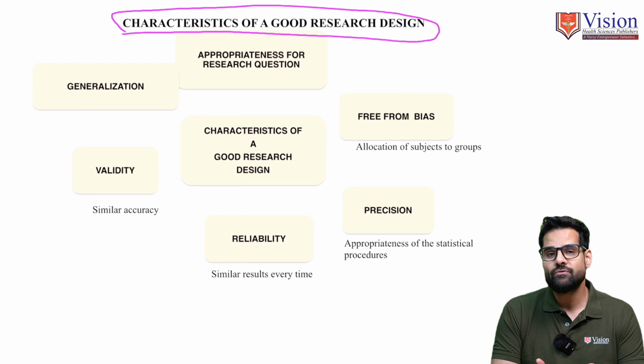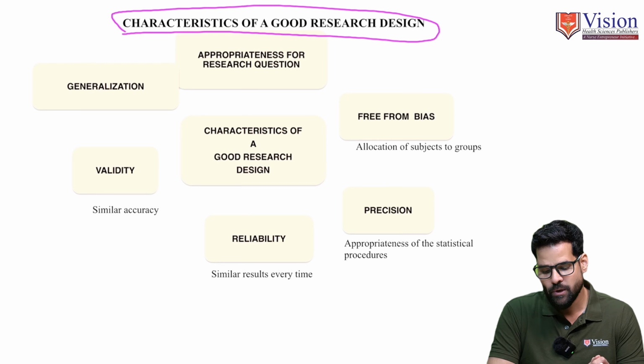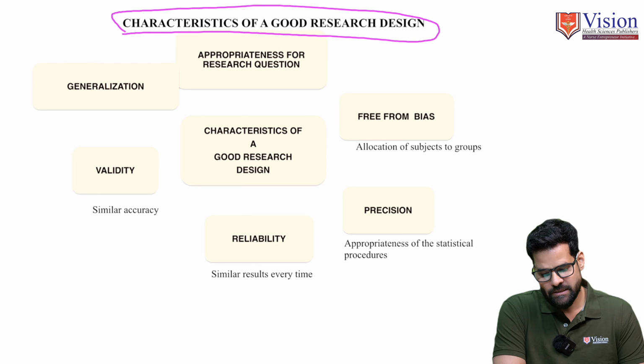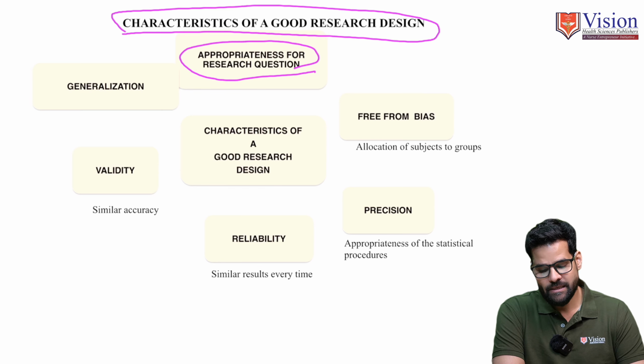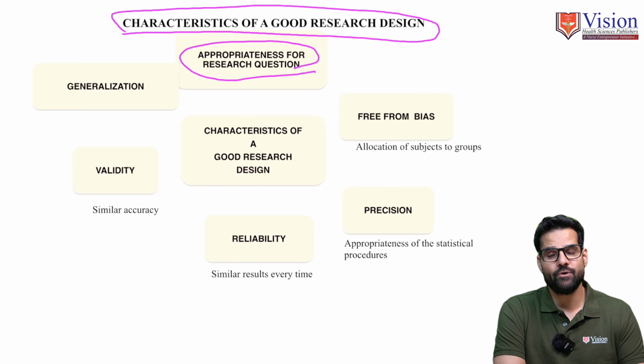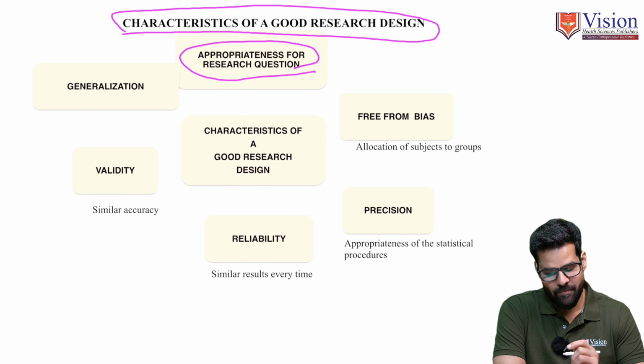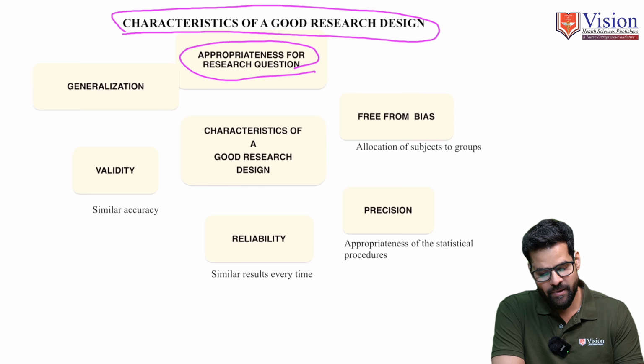So for that we need to understand the characteristics of a good research design. First is that it is appropriate for the research question. As I said, there are various research designs. You have to find the best research design available to you. Let's understand this with one example. Suppose you are conducting an experiment, and in that experiment you have taken 20 premature infants,